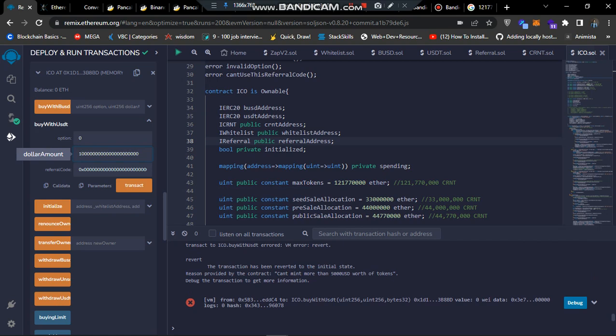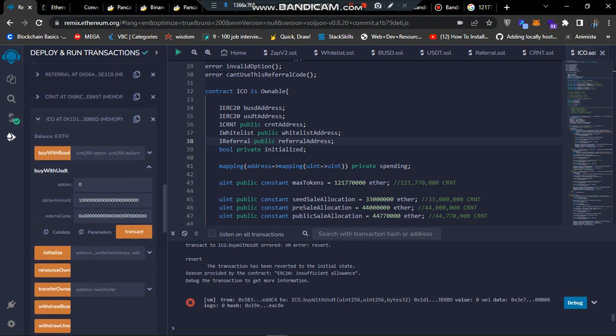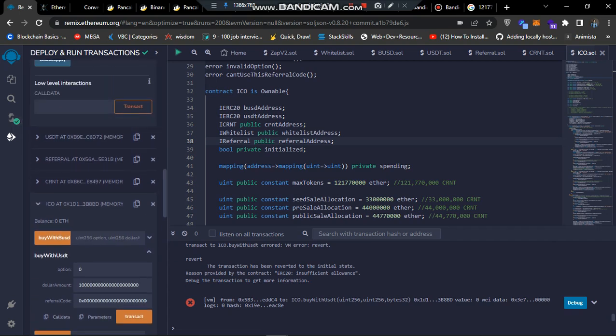So now let's say they are spending $1,000, right? So this should go through, and okay, it says insufficient allowance, which means that this ICO contract doesn't have the authority to take those dollars from the sender's account, right? So in order to do that, this will be automated as an approval. So this spender will then approve